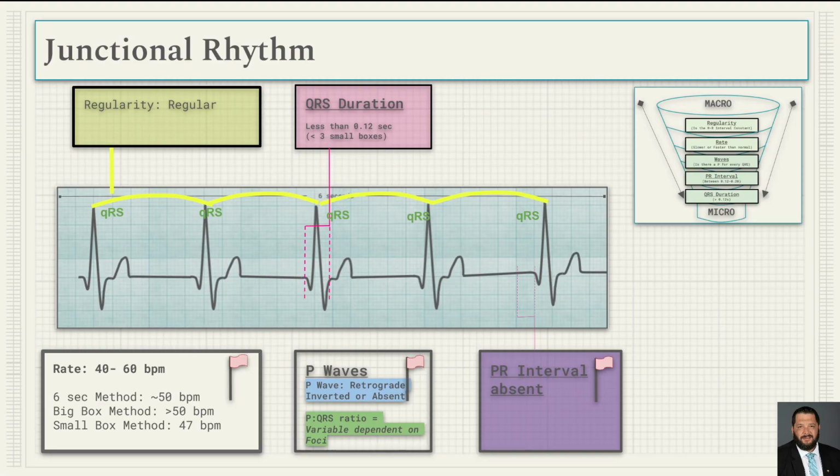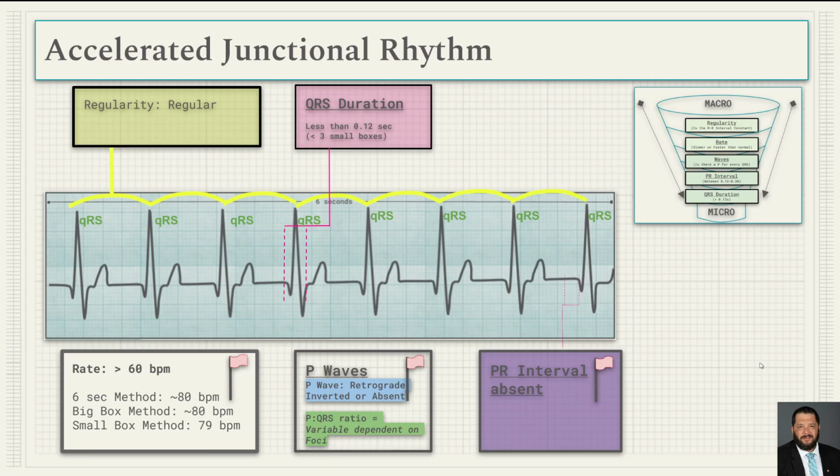Now we'll move on to the waves. Do we have P waves? Are they present and upright and rounded? In this ECG, we have no P waves at all. Likewise, we can't really distinguish the P to QRS interval or P to QRS ratio, and we cannot determine the PR interval because it's absent. One thing to note here though, even though we have absent P waves, our QRS duration is still less than 3 small boxes. It is still considered narrow. This is the hallmark of a junctional rhythm, an otherwise sinus-looking rhythm without P waves and a rate less than